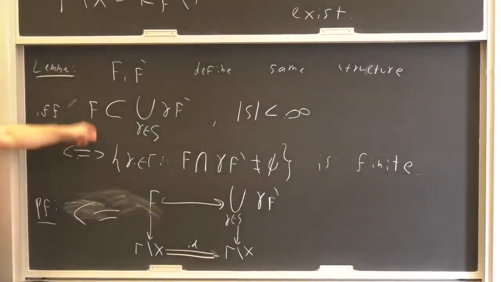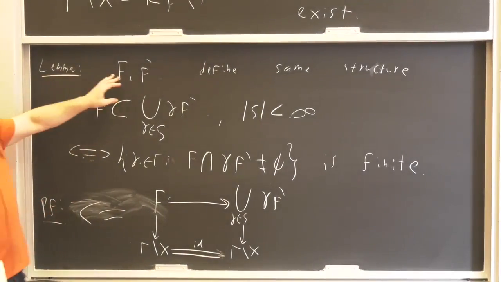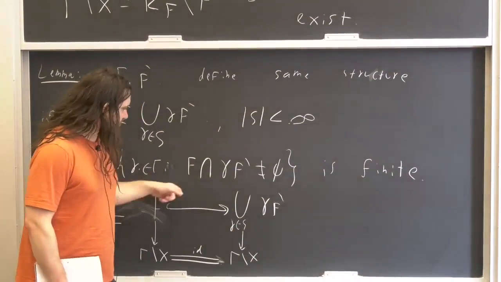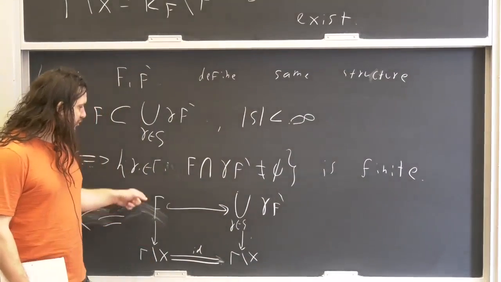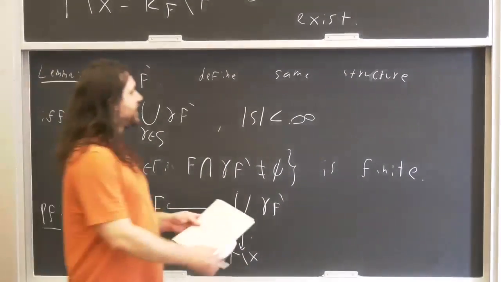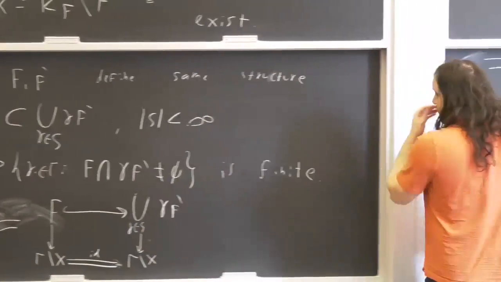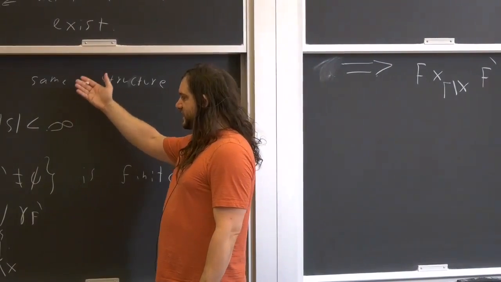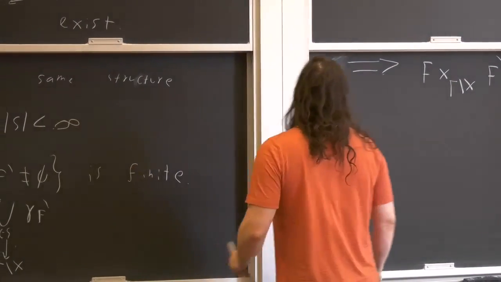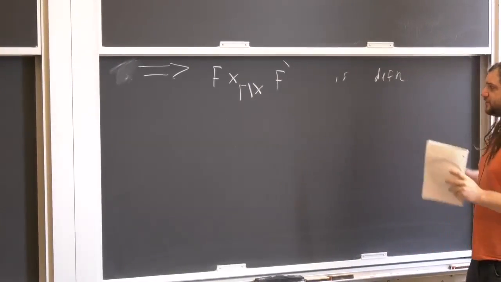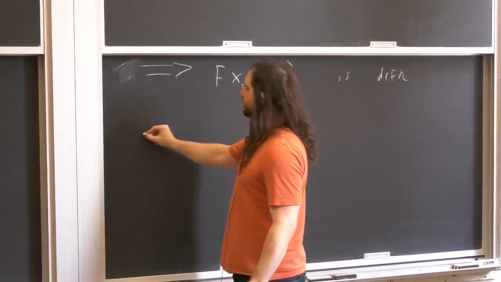We're trying to prove this equivalence. In one direction, if you do have this condition, you can look at this diagram because these 3 maps are definable. You can sort of go boop, boop, boop, and get that this identity map is definable. And now we're trying to show that if you get the same structure, this condition is satisfied. And the trick is to look at this fiber product. This fiber product is definable. And therefore,